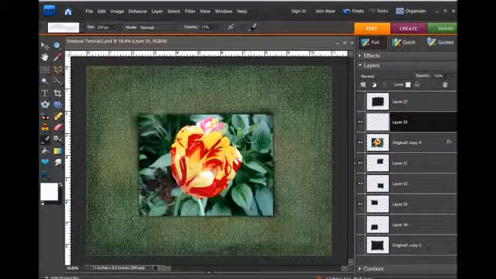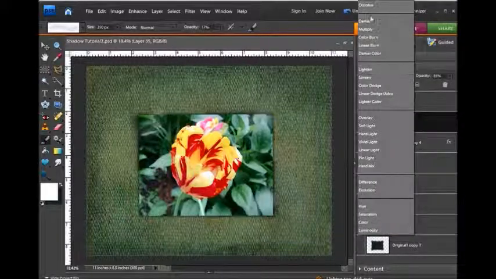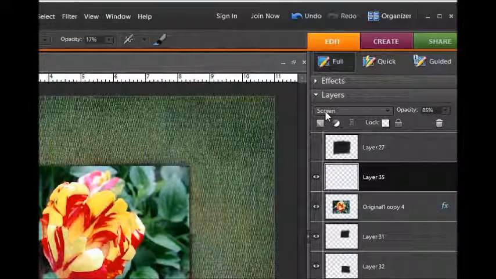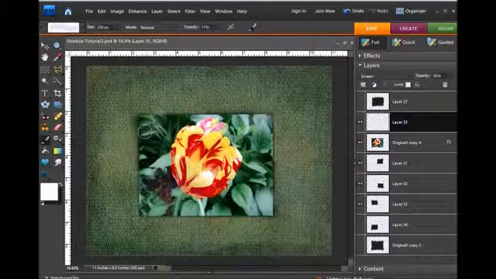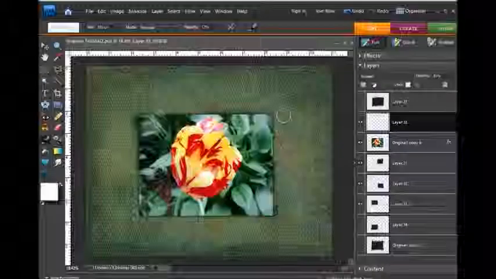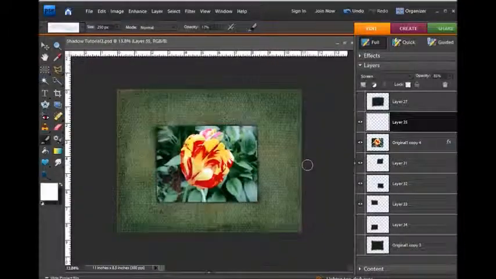This just takes a little bit of practice. And lower that opacity a little bit. I don't think the screen mode might help, but you can see already how the highlights are making it even more realistic, like the edges are